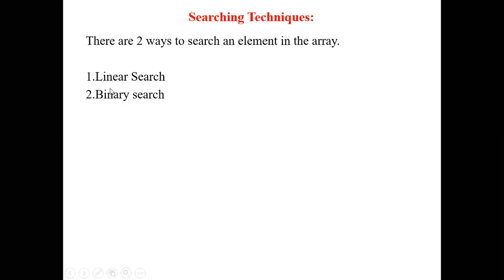Binary search we'll be studying in the lab experiments, so I'll not be discussing it now. We will go through the first one, linear search.